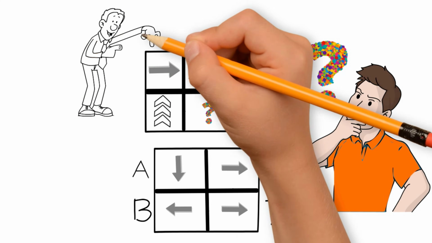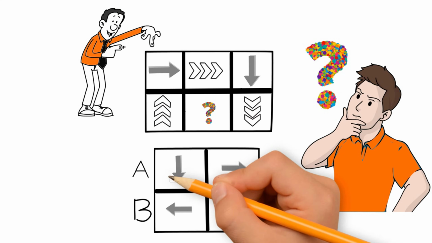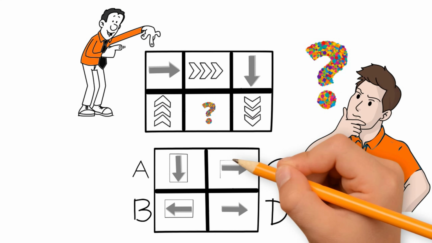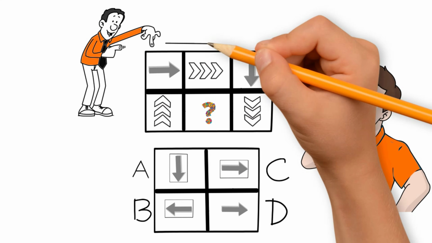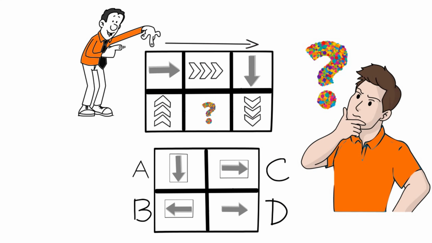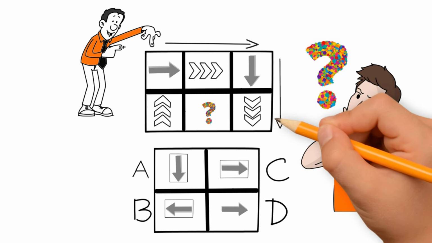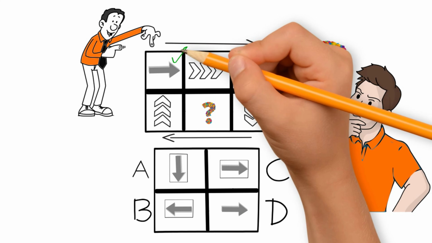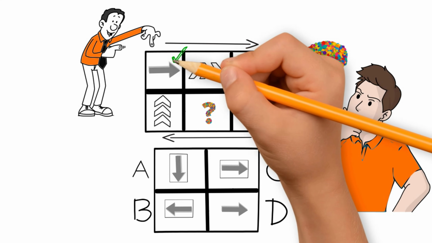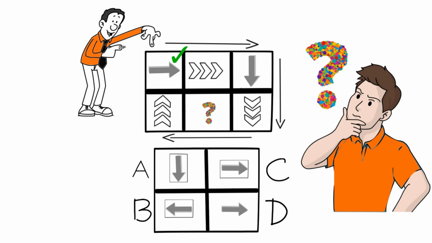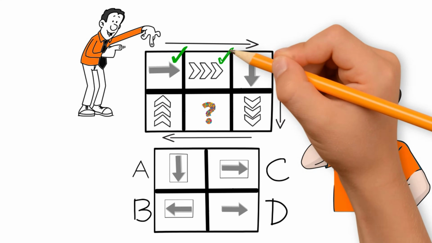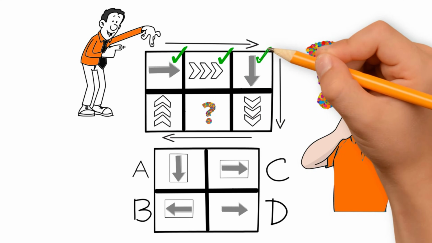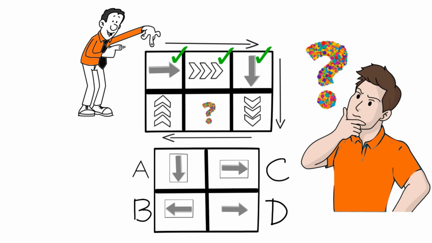To solve these types of challenges, you always need to look for patterns. And there are 3 different patterns present in this sequence. Let's look at the pattern 1. If we start from the upper left corner and go clockwise, you see that the arrows change alternatively in each subsequent box. Second pattern is that inside the box, solid arrows rotate clockwise. And then the third pattern, which is a little harder to identify, is that the previous arrow points to the